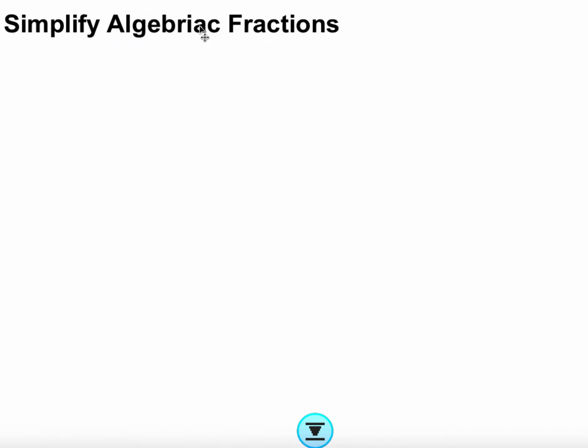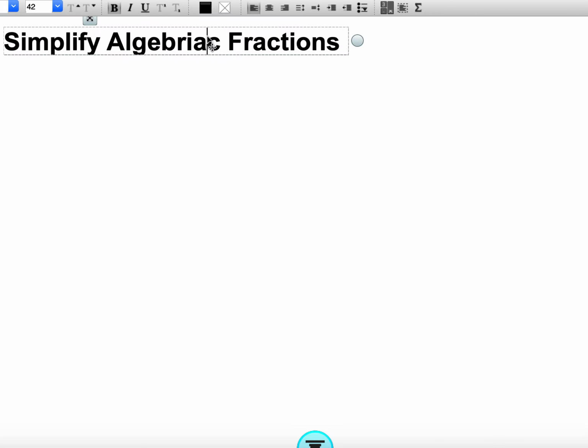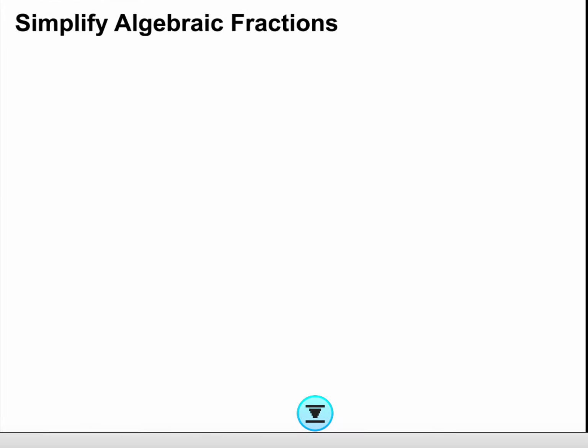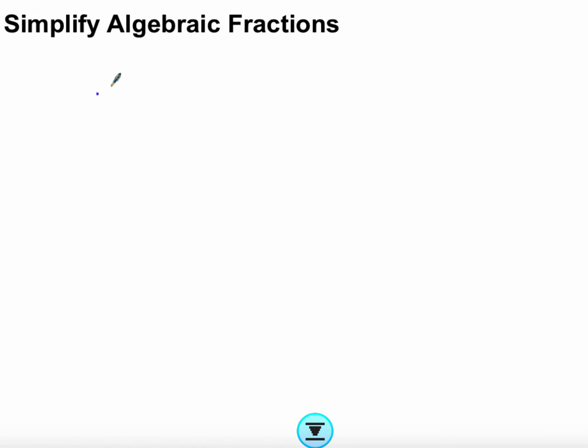Just a typo here. So when we want to simplify algebraic fractions, we want to cancel out common factors. That's your goal. So if I, for example, have something like 21x cubed y squared over 14xy cubed, now I'm going to keep on asking myself the same question every single time I want to simplify